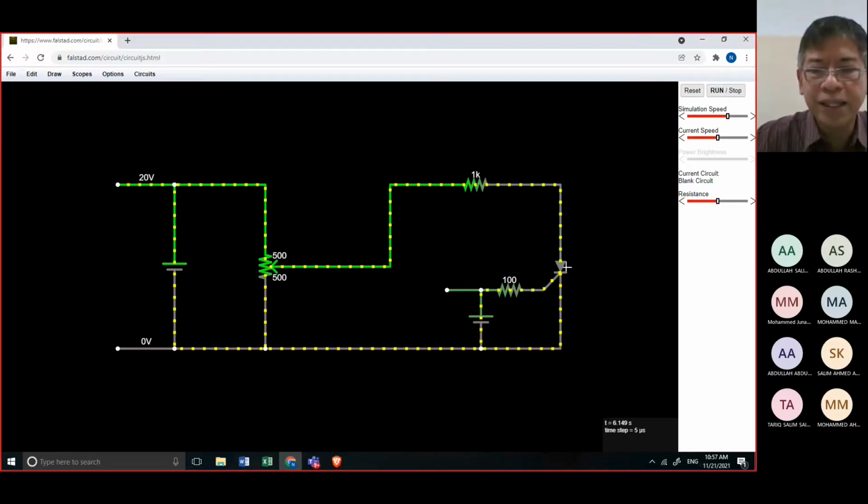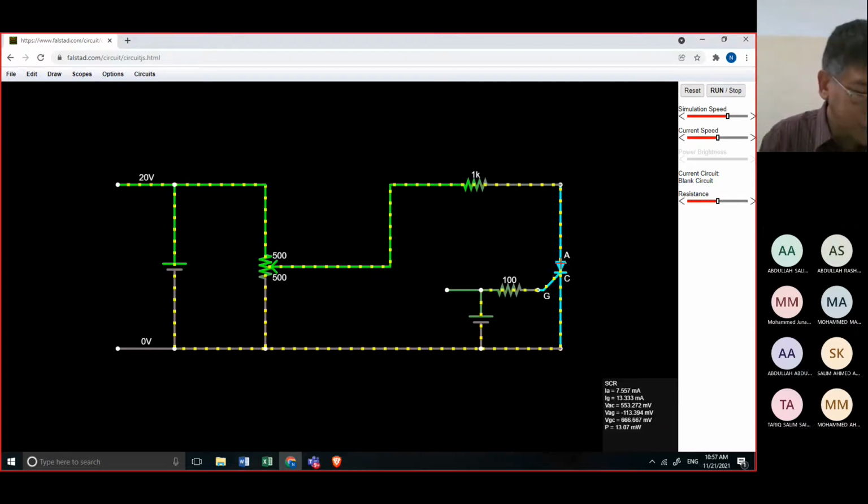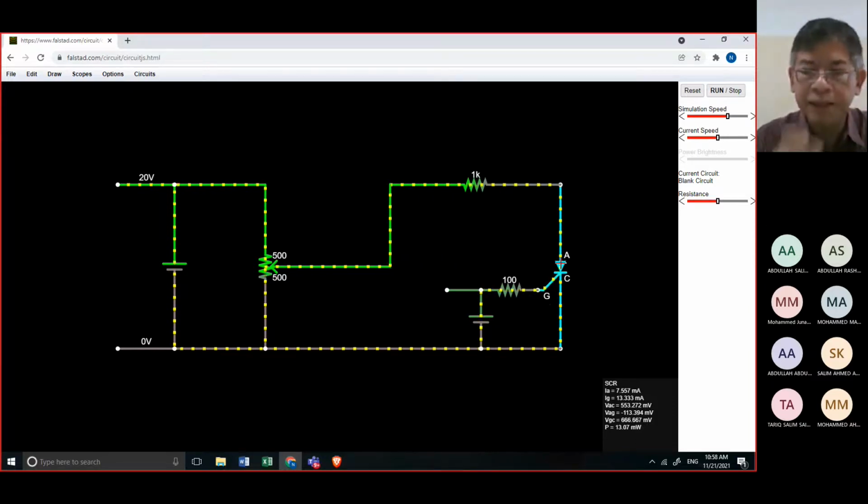So this is our reading. At 20 volts, we have voltage A equal to 553.272 millivolt. And then the current is 7.557 milliampere. Okay? So take note about this.